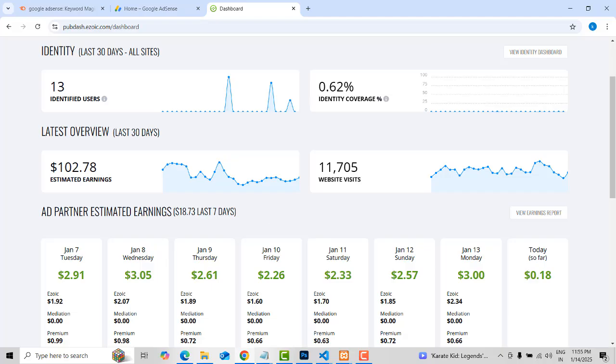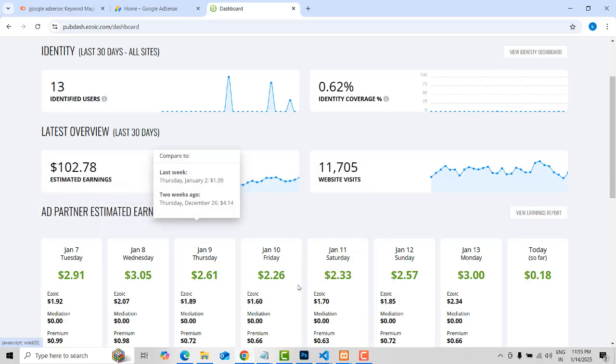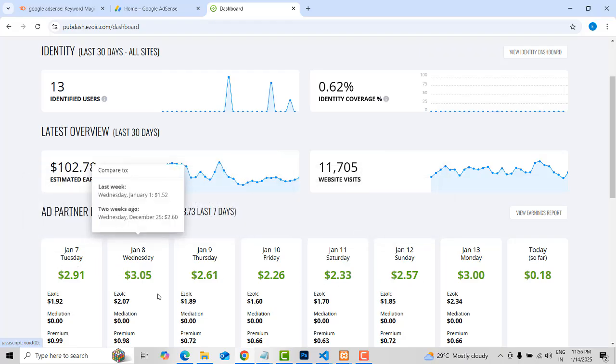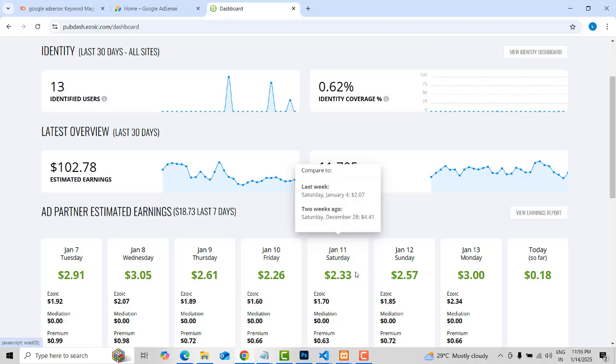So this is one of my blogs. This month the income will slightly go down, based on the month; next month it will increase. Normally I can earn $8 to $10 per day. This month it is slightly down compared to the starting month of January. If you write a blog post once, you can make money from it on a daily basis.